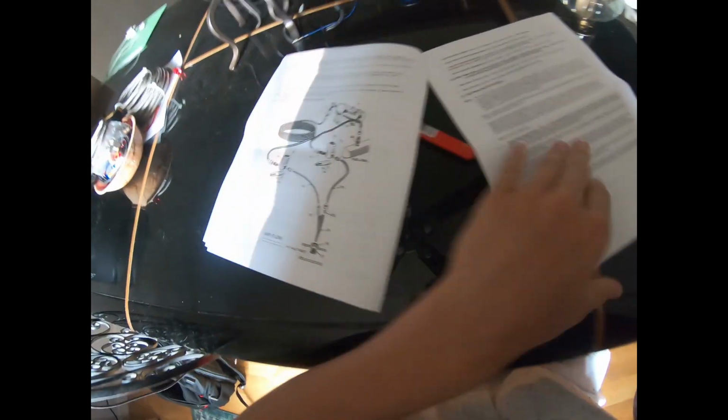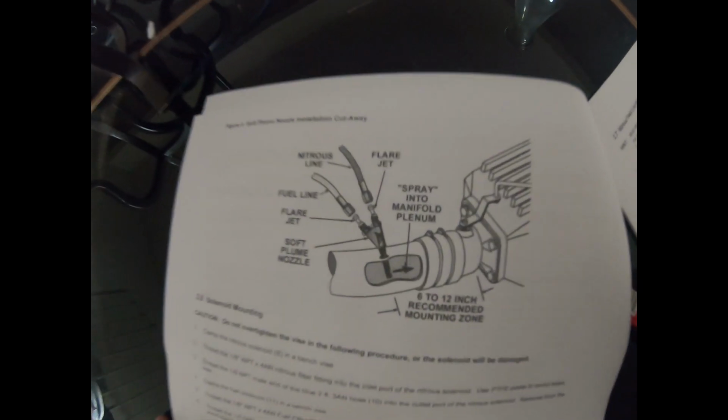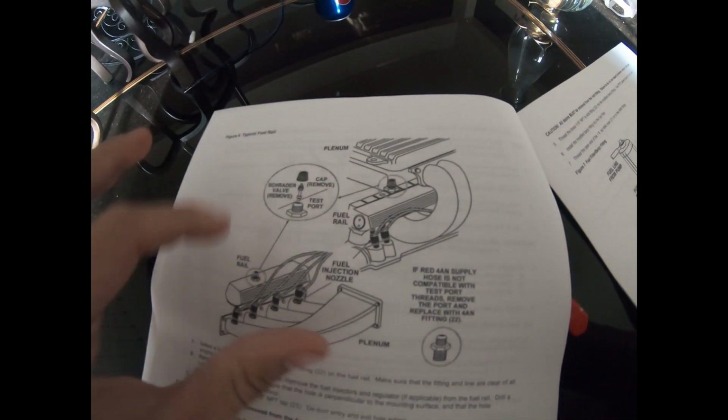This is like the lines and stuff. This is how you put the nozzle into the intake if you don't have a plate. This is if you need to tap a screw into the